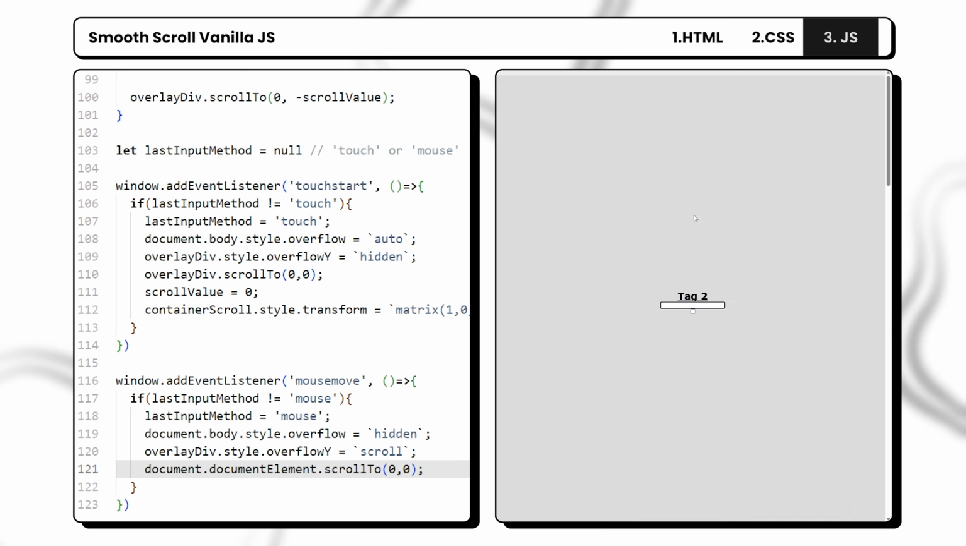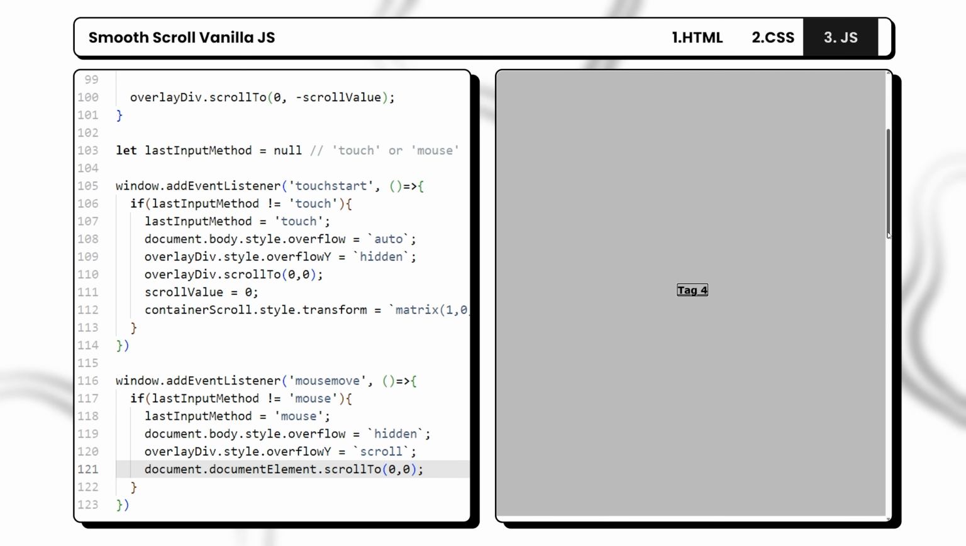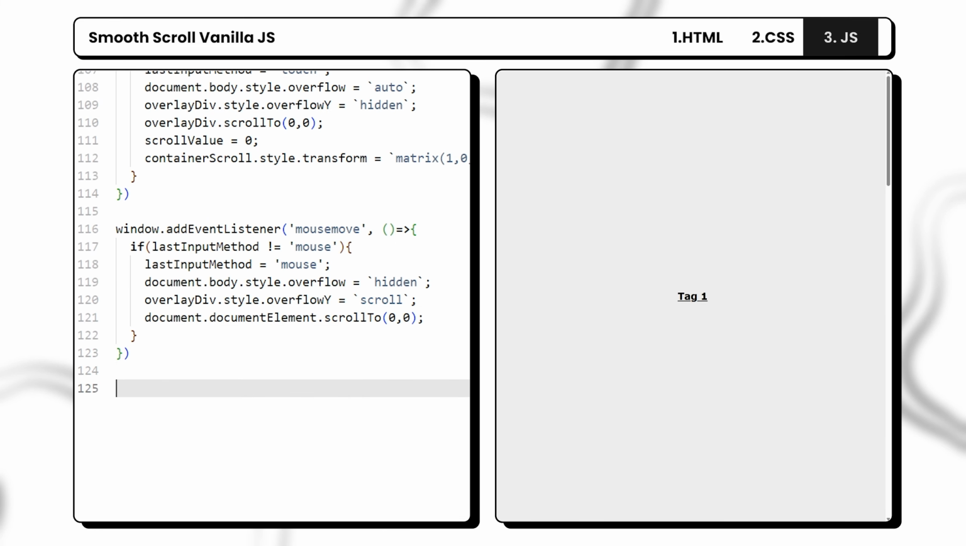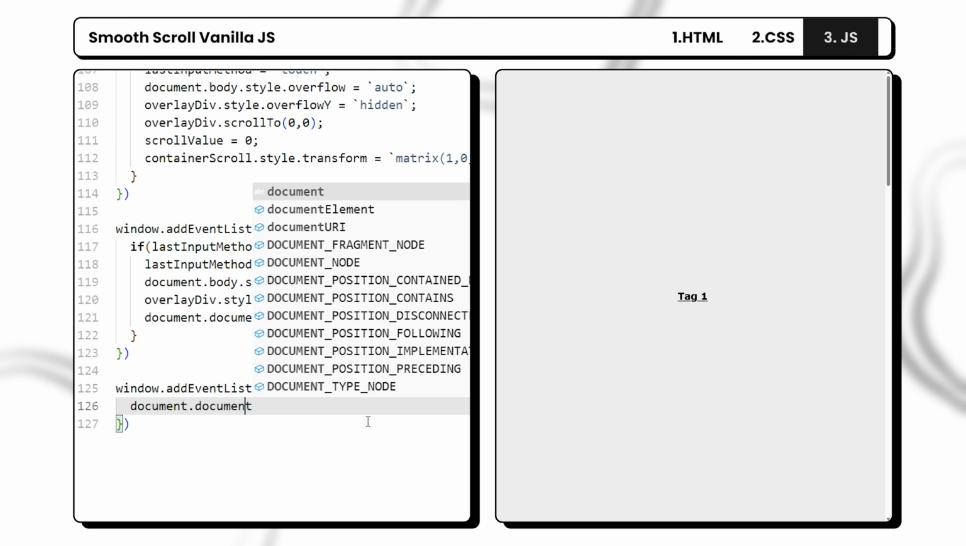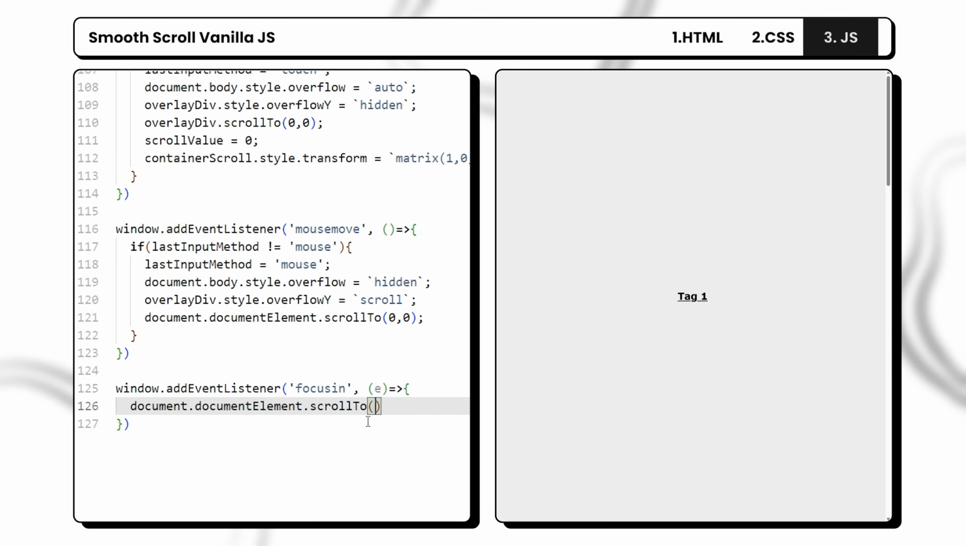As you can see, when we tab around, yes it works, but overlayDiv scrollbar is fixed to the top, and if we try to scroll down, you can see that it glitches out. So we will go to the bottom of our script and we will do window.addEventListener, and we will listen for the event focusin, and we will pass in the event or e inside the arrow function, and we will set documentElement.scrollTo to 0,0